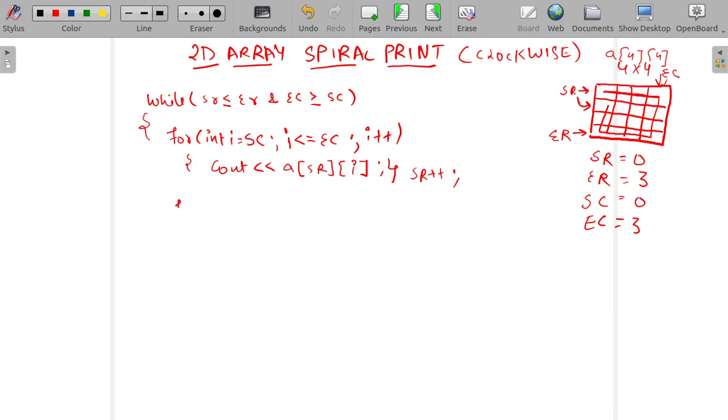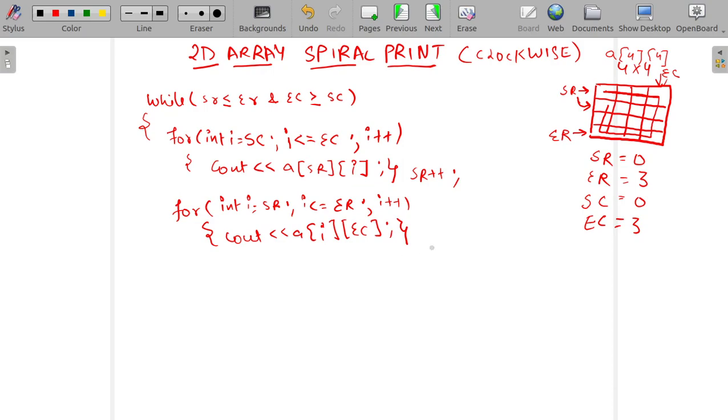So let's write it: for int i equals start row, we have to iterate it till end row, i plus plus, and then we will cout a of i within the constant value of end column, right?